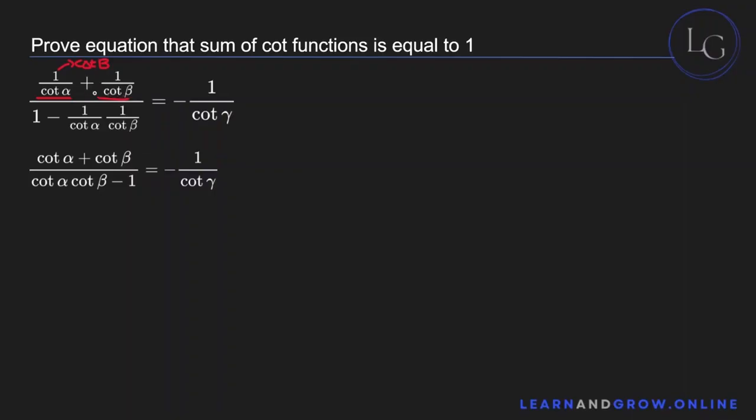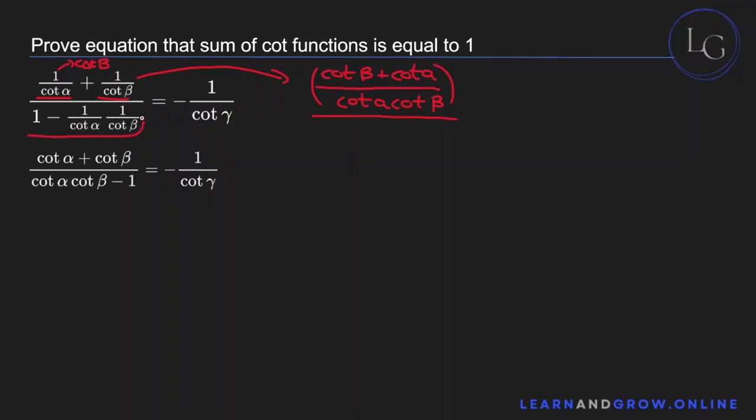And so you have over here, let me just write this down. So this becomes basically cotangent beta plus cotangent alpha over cotangent alpha cotangent beta. And this entire thing is now divided by 1 minus whatever this is,